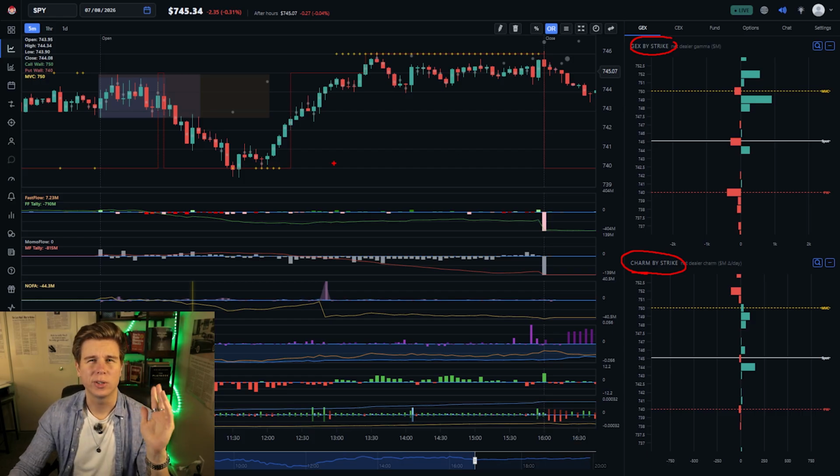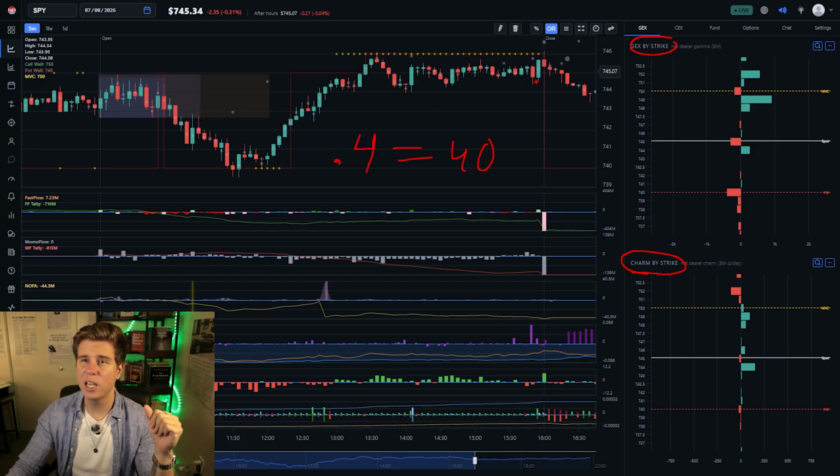So remember how the dealers hedge, right? They hedge based off the delta. So if an option has a 0.4 delta, they hold 40 shares. But delta, especially delta for 0 DTE calls, doesn't sit still. So for example, let's say some poor schmuck decided to buy a call for 746 0 DTE for whatever reason. That is an out of the money option, which means that with every passing minute, the odds of hitting that strike when we're sitting, let's say right here, is lower and lower, which means that delta goes down even if price